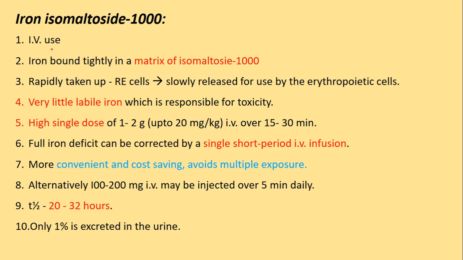It is a newer parenteral iron preparation which can be given through the intravenous route. Here the iron is bound tightly in the matrix of isomaltose 1000. This 1000 refers to the molecular weight. It is an oligosaccharide with a molecular weight of 1000. Rapidly it will be taken into the reticuloendothelial cells, following which there will be slow release of iron which will be used for